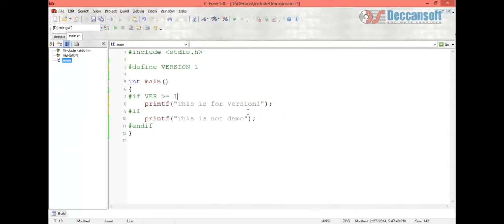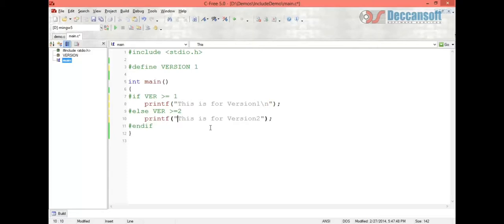Let's use some kind of greater and smaller relationship. Then after that we will edit it by #elif version greater than or equal to 2. Then we will print this as "this is for version 2". Previously it was for version 1, then this is for version 2.